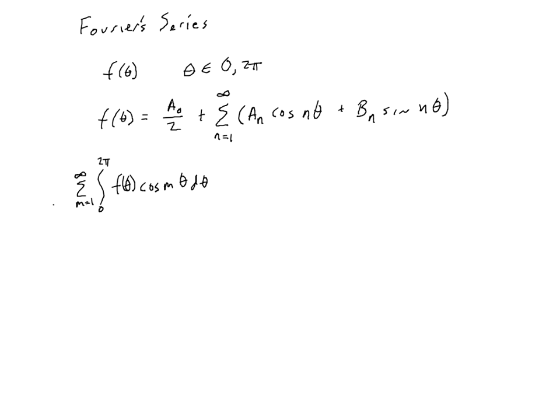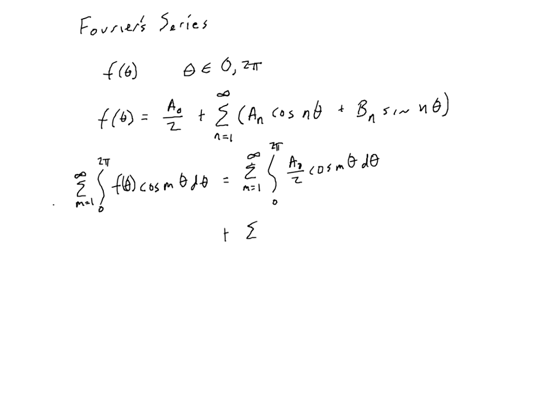Well, if you sum over this f of theta, which supposedly we know, that would be the same as summing over each one of these components on the right-hand side. So you integrate the sum from m equals 1 to infinity of the integral from 0 to 2 pi of a naught over 2 cosine m theta d theta,